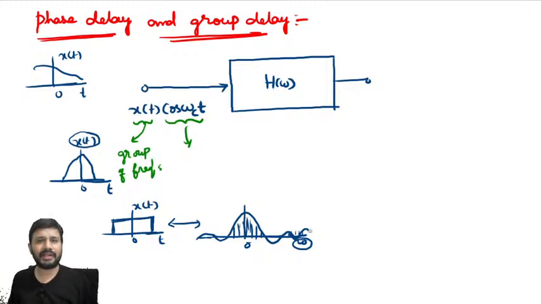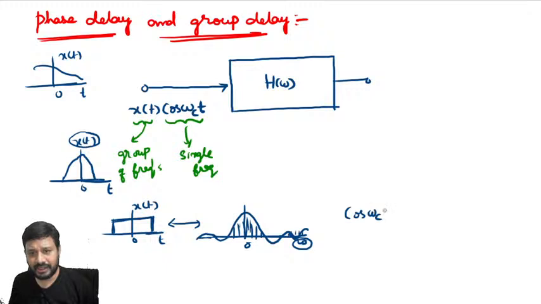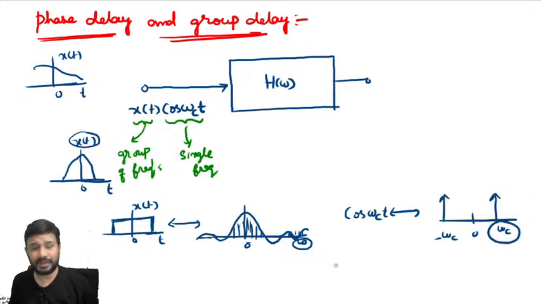Now in cos omega ct, how many frequencies are there? I can say that only a single frequency. Again, if you say that, the other person will ask, how can you say, draw the Fourier transform? Fourier transform is only the technique. So cos omega ct means what? One impulse at omega c, the other impulse at minus omega c. Only a single frequency is present here. Whereas x of t, the other signal, could be a rectangular pulse or any other pulse, it will have an infinite number of frequencies.